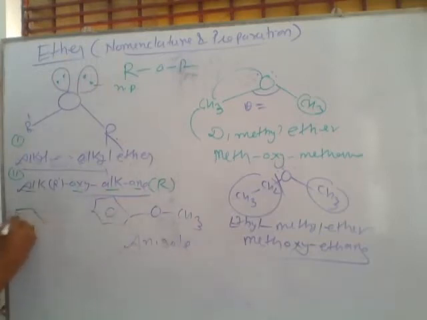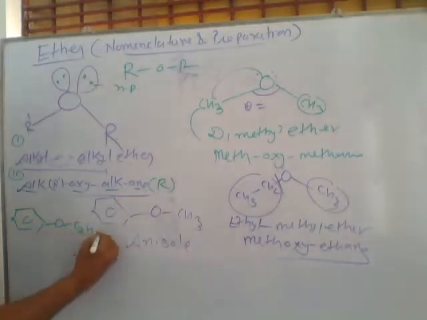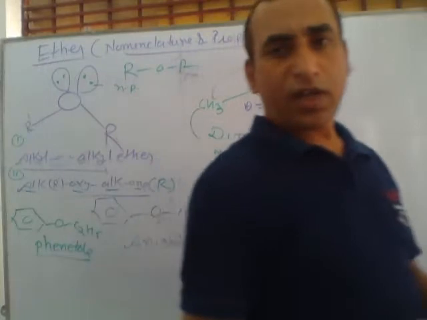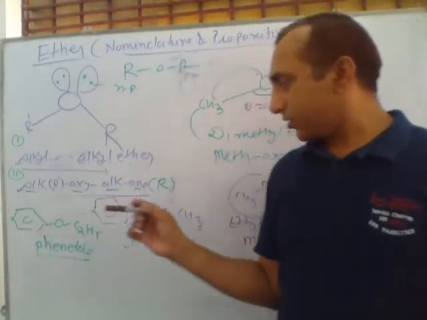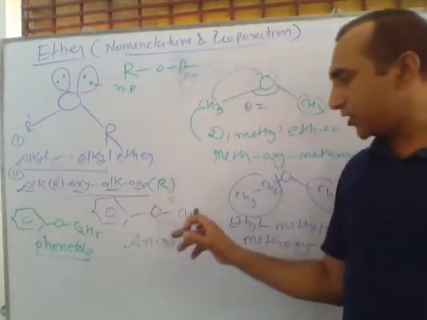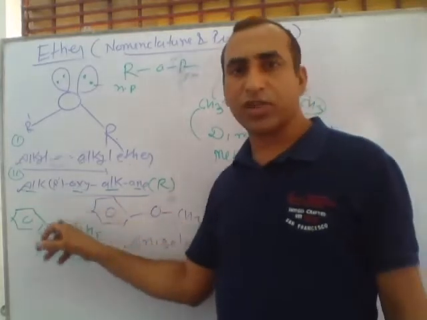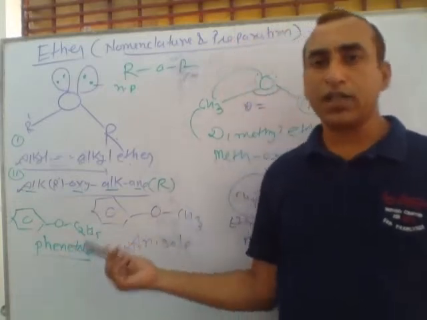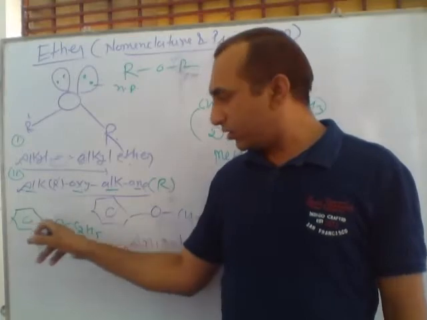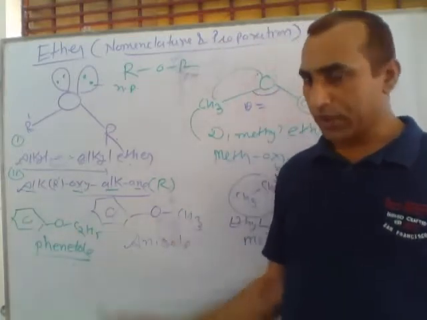If there is a benzene ring and along with oxygen there is C2H5, its special name is phenetole. Phenetole is its special name, but if we want to write its name in the IUPAC system, we use ethoxybenzene. Just like this. This is methoxybenzene, this is ethoxybenzene, ethyl. In the common name, we can say this is ethyl phenyl ether. These are different types.